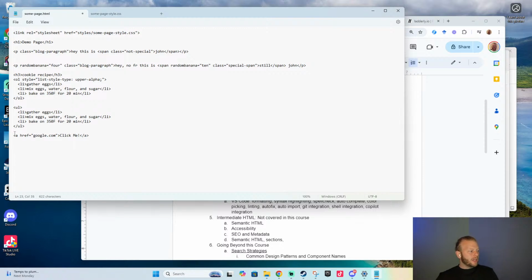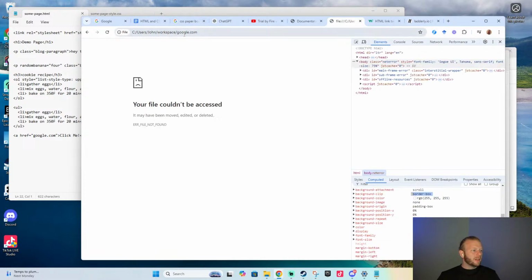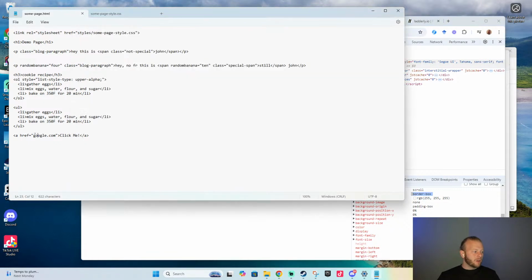So here we have the open tag, which is an anchor type. The value just says click me, so what's going to be on the page is click me, right? And then we close it. And let's see what happens. Click me. I can click it, and it goes to, oh, this is not good. It thinks it's on my computer. What do? I should give it the full